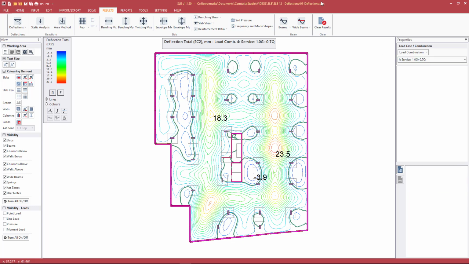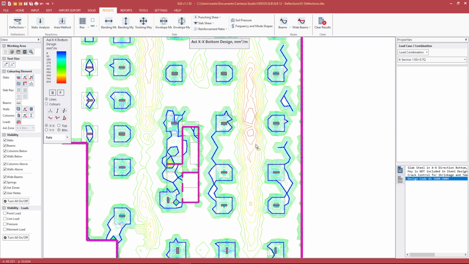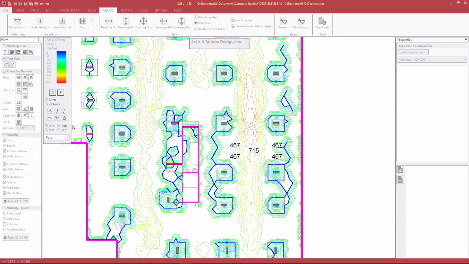So again, we'll cover reinforcement in detail in a separate video, but when looking at deflections, we should be aware of what's going on with the reinforcement. So we'll just look at the X direction, and then we'll look through it in more detail in a separate video. So going to reinforcement X bottom, this is the reinforcement that is designed for the bending moment envelope, and we press inside this worst case span, we see a value in millimeters squared per meter. So this is about 467,715 bottom X, and then if we go to the top,